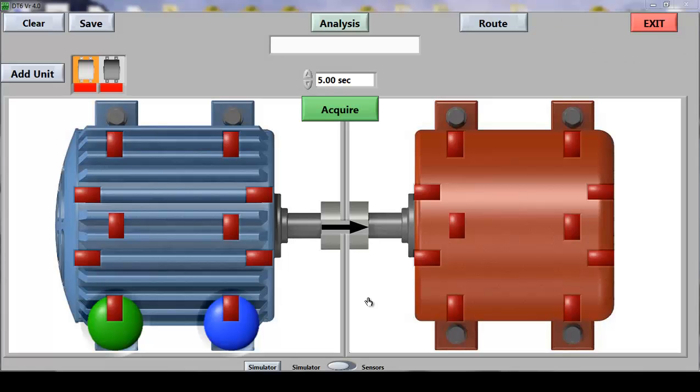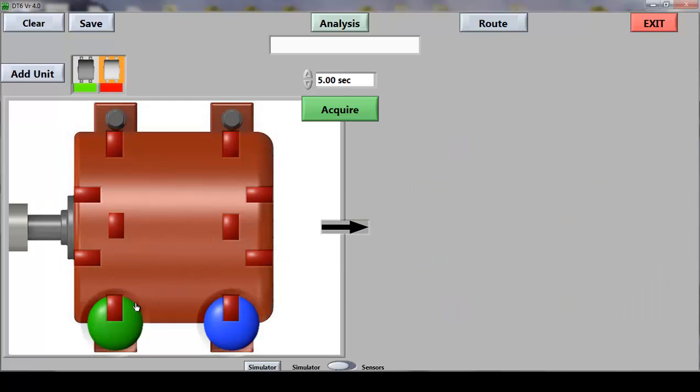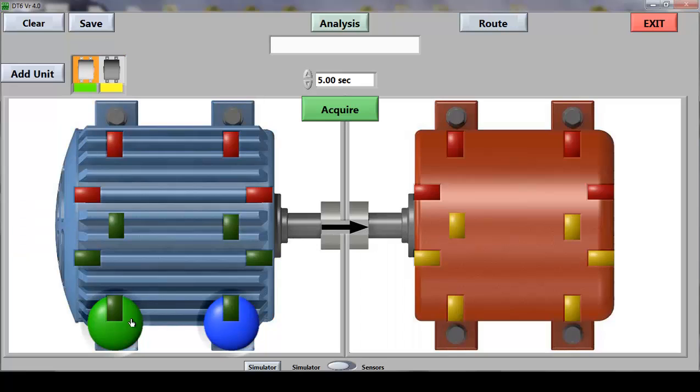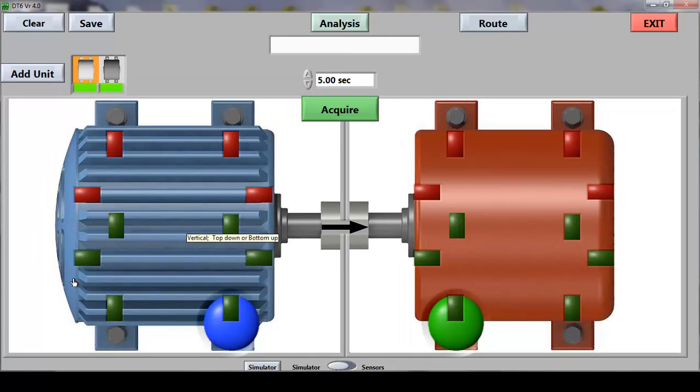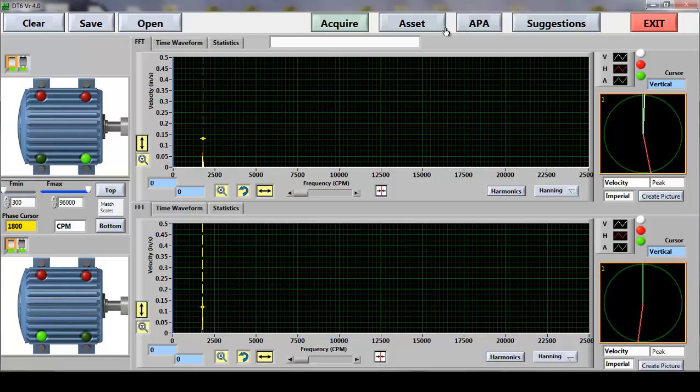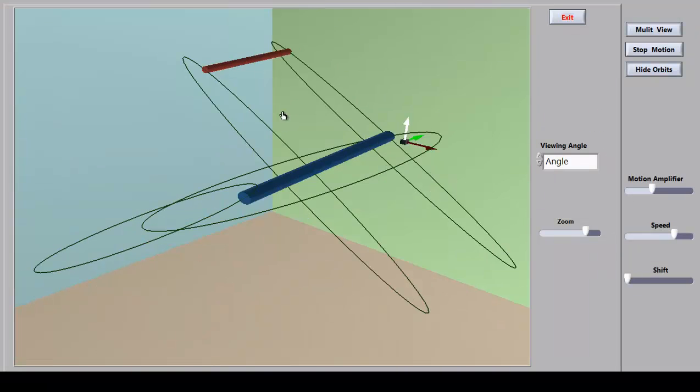To illustrate how things would look from a misalignment perspective, I've modified the simulator for a new data set. We'll go ahead and take a new set of data, grab the data on the second machine, come back, and move over for a synchronizing reading. These are triaxials, of course. And now I have all the data set taken, and we come back here and go to the animation